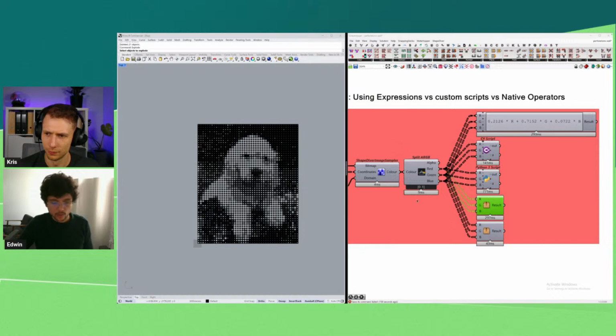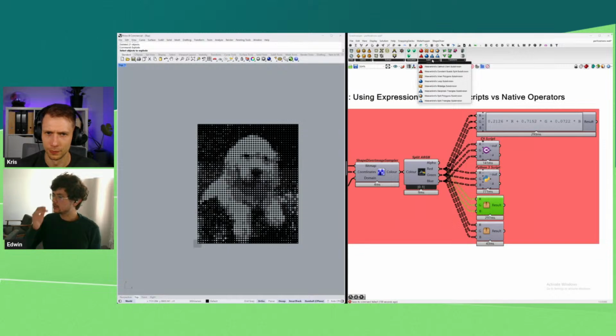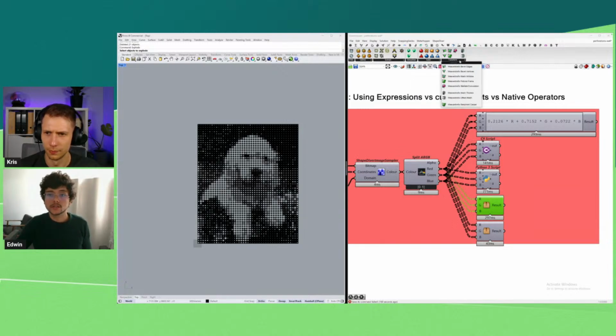Then we have Weaverbird. Weaverbird is specialized just in meshes. I think I've seen the jewelry industry use it a lot. I don't know which other industries, but this one also has many options to manipulate meshes, so you can have a look or even create meshes from scratch. Then we have Bowerbird. I already showed this one before as well, and it has these polyline operations, very fast and useful.